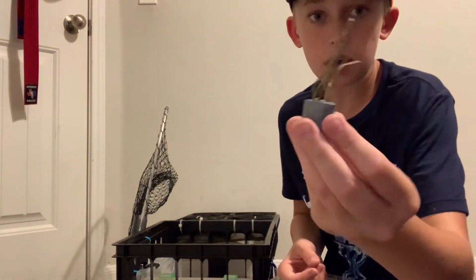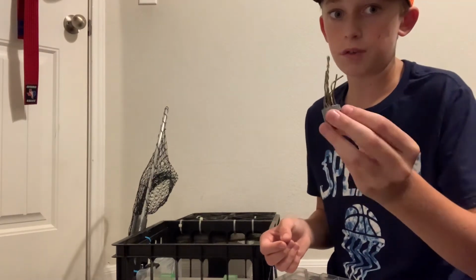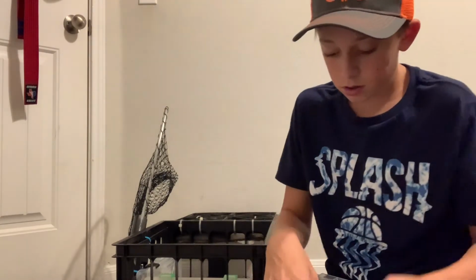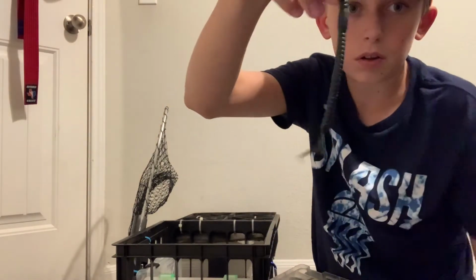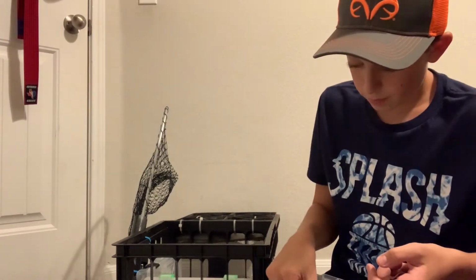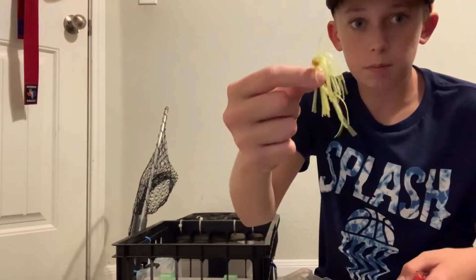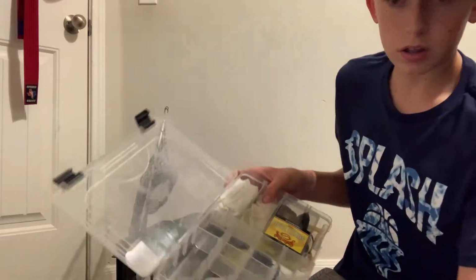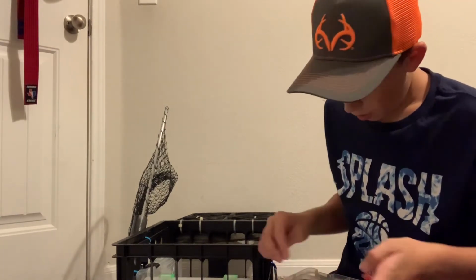And then I have my saltwater spider weight in here. I love these. Love to use these when I go saltwater fishing. I have little nail clippers in here because they're great for cutting nails. I have random curly tail worms, which are my favorite baits. I have these random, whatever you want to call them. And then I just have a skirt that I put on a jig. Then I just keep a napkin, latex gloves, and then you can probably guess it,